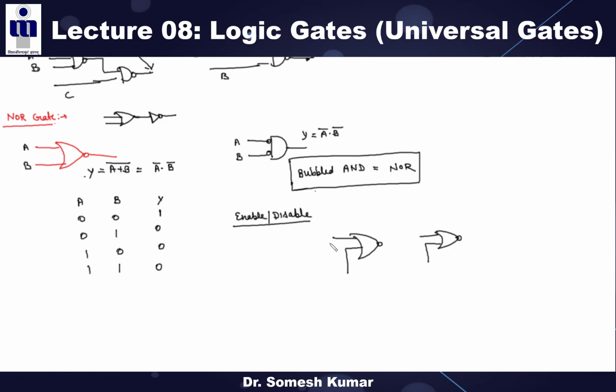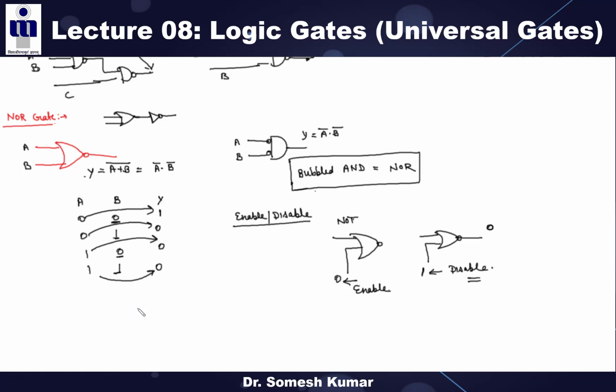Now tell me, if it is 0, is it enable or disable? Enable, right? Here we are getting the complement of the input, which means it behaves as the NOT gate in that case, while the opposite happens for the NAND gate. Understand the difference? Now what happens if it is 1? This remains 0. So it is a disable control, right?